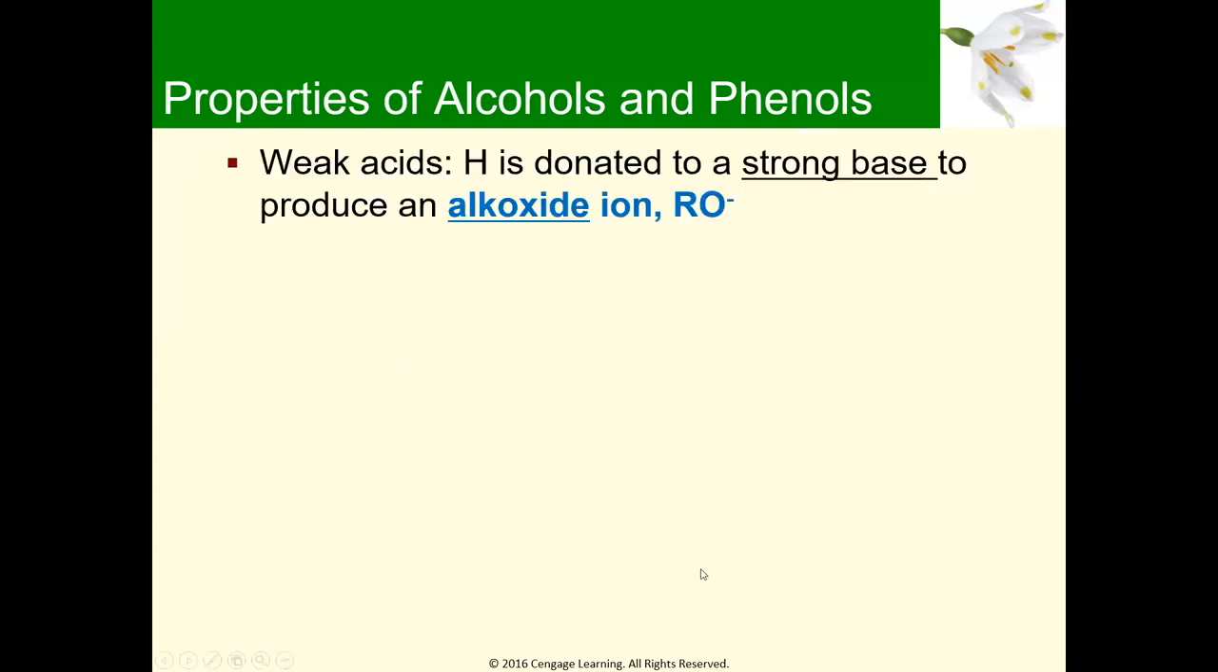All right, so what's the theoretical scenario when it's behaving like a weak acid? Well, remember that an acid is something that donates H plus. So when an alcohol donates its hydrogen in the form of H plus, first of all, it's only going to be donated to a strong base. It doesn't want to give up that H, so it's going to require a strong base on the other end to take it. So it's donated to a strong base to produce, again, terminology here is important, something called an alkoxide ion,